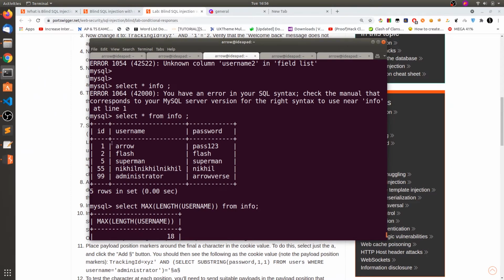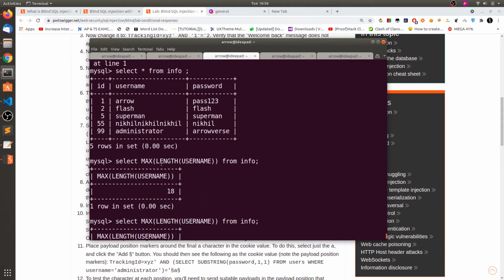That means we need to brute force every letter up to 18 times. You check the first letter, then the second letter, then the third letter, and so on up to 18. That will be our maximum length.